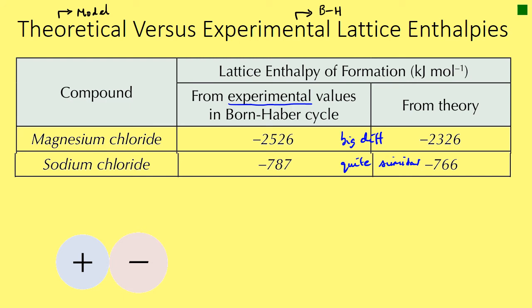But in practice, the negative charge cloud around the anion gets attracted to the cation's positive charge. So that becomes slightly polarized, as represented in that diagram. And so in practice, which is what we've got on the right hand side here,